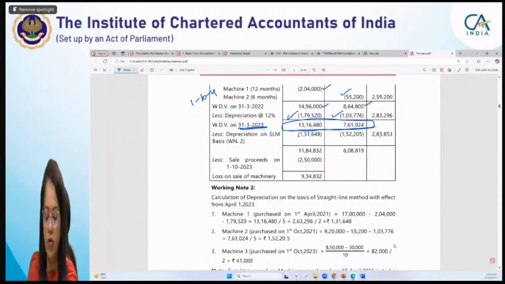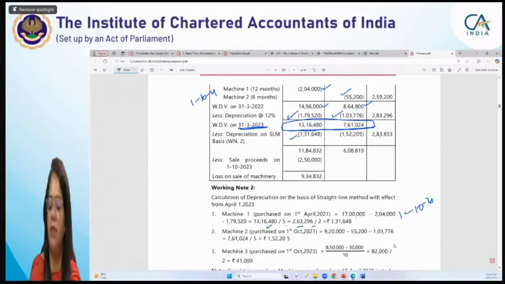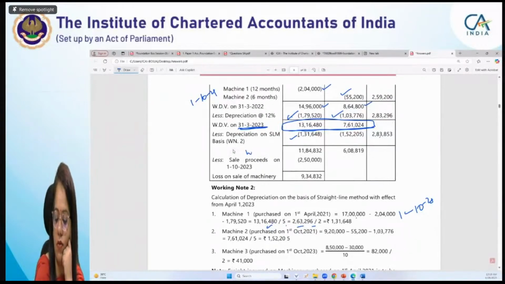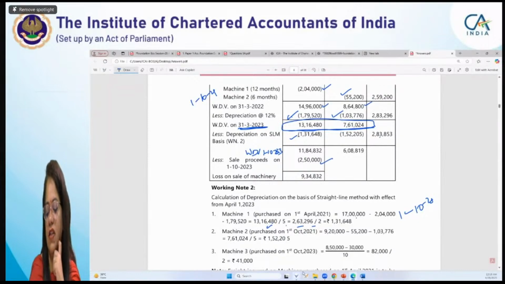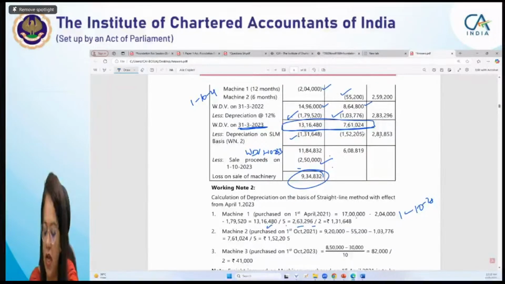हमारी यही बात हुई थी, 1316480 डिवाइडेड बाय 5, और दिस मशीनरी हैज बीन सोल्ड ऑन 1 अक्टूबर। 1 अक्टूबर को बिक गई है, इसलिए हमने इसको डिवाइडेड बाय 2 करके ये डेप्रिसिएशन निकाली है। दिस इज द वैल्यू, दिस माइनस दिस इज द WDV as on 1st 10/23 for this machinery. All right, और it has been sold for 2,50,000। 11 लाख की मशीनरी हमने 2.5 लाख में बेच दी, सो वी गॉट अ लॉस ऑफ 9,34,000।